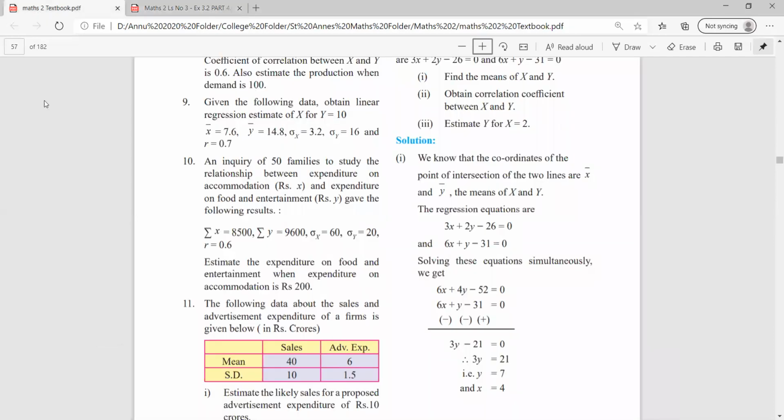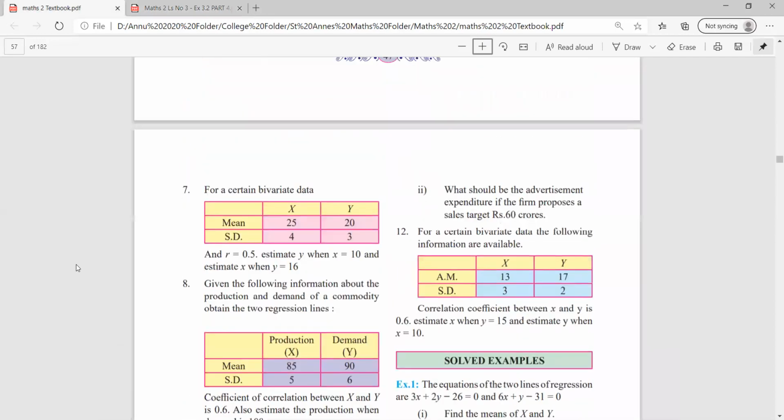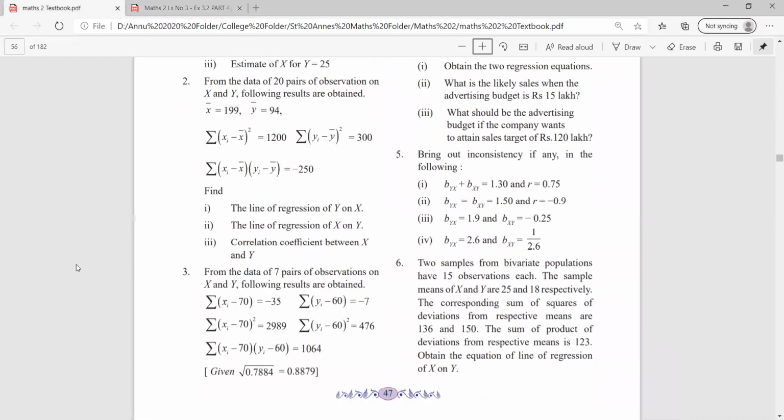So I hope the 3 sums are clear. Sum number 1, sum number 9, sum number 10. Now class, coming forward, we are going to do sum number 2. Now the level of toughness will be increasing a little bit, as you are clear with the simple sums. धीरे धीरे करके एक level बढ़ेगा अभी. So observe the second question.